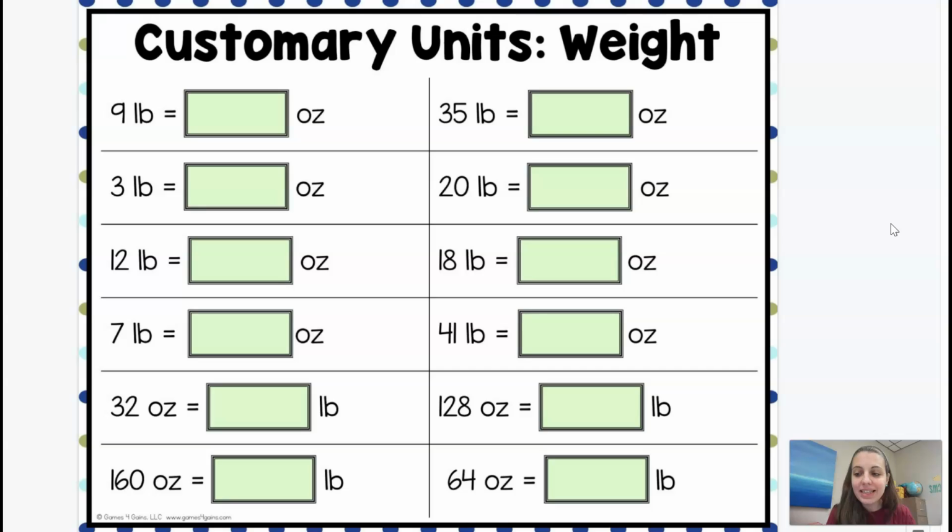Okay, here is the next activity that we are gonna do. In this activity, it's the same process, but we don't see a table. We don't see an input-output table, but we are gonna follow the rule to know what is gonna be the number in the green box, okay? So we have 9 pounds. When you see LB, it is the abbreviation for pounds. So in your anchor chart here, where you have pound, you can write,